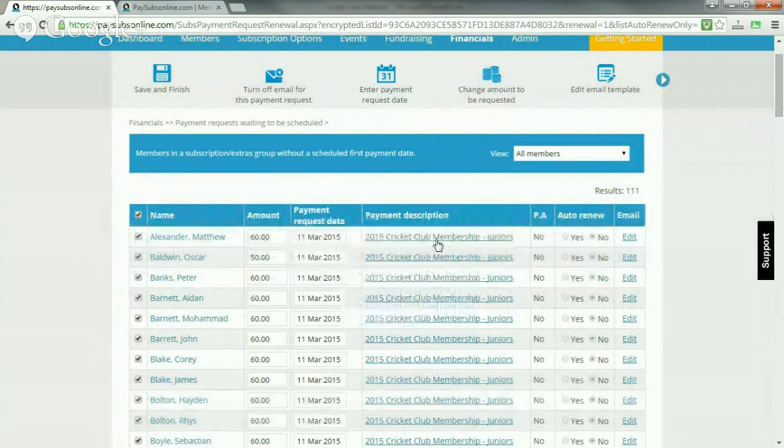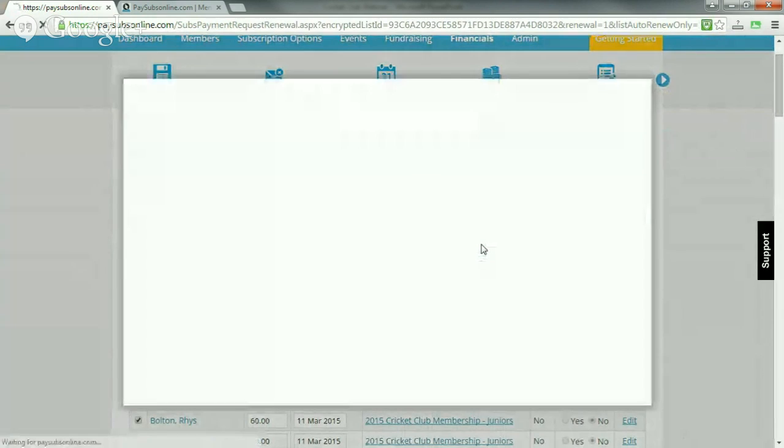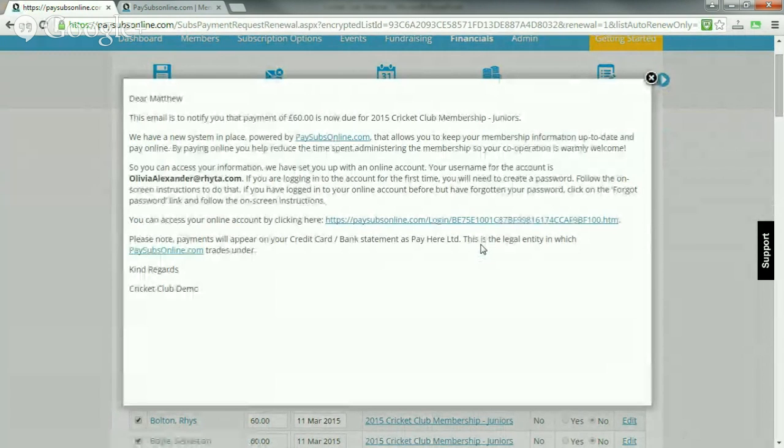I can also view the email that's going to go out to these guys. If I click on the payment request description, here it is: dear Matthew, this is to notify you that £60 is due. This is what it's for. This is your username, and this is the link to the member login page. If I click on that link there, that's going to load up the login page.